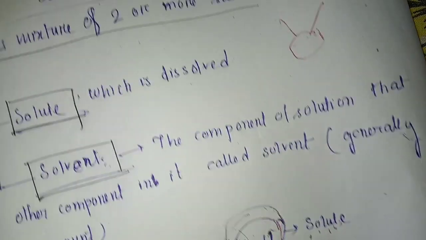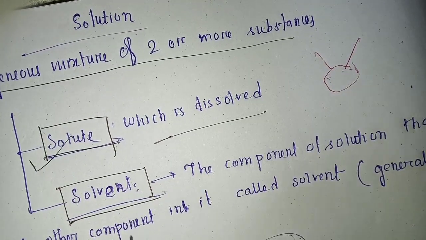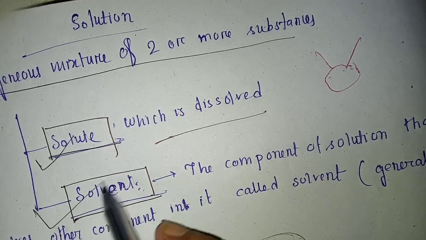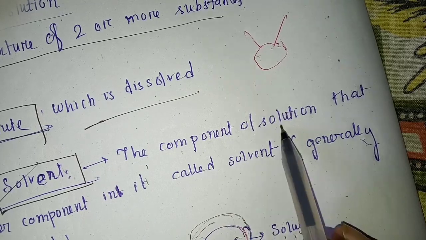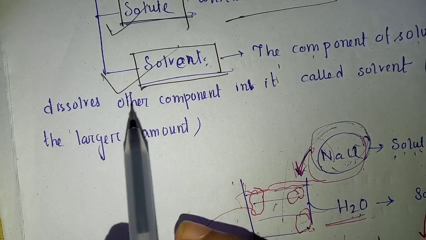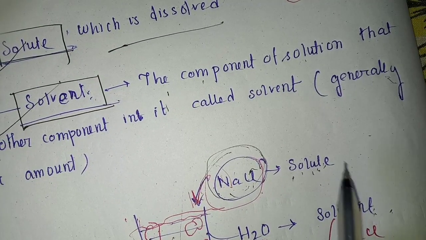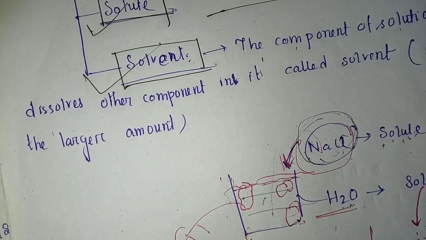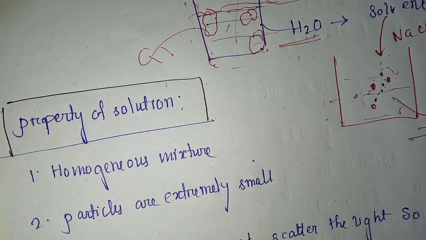I think it is clear. So we have completed the solute part, which is dissolved, and we have also completed the solvent part. The component of the solution that dissolves the other component within it is called a solvent, and generally it is in a large amount. Next, moving to this portion, now we'll learn